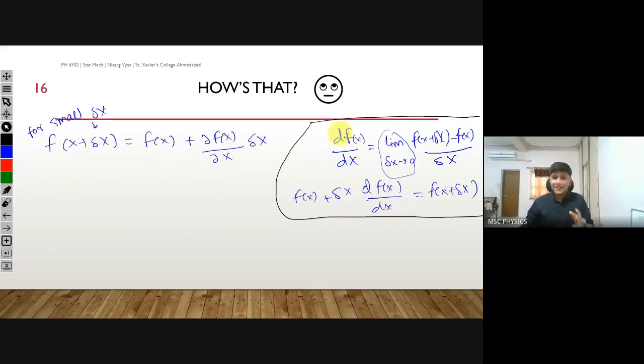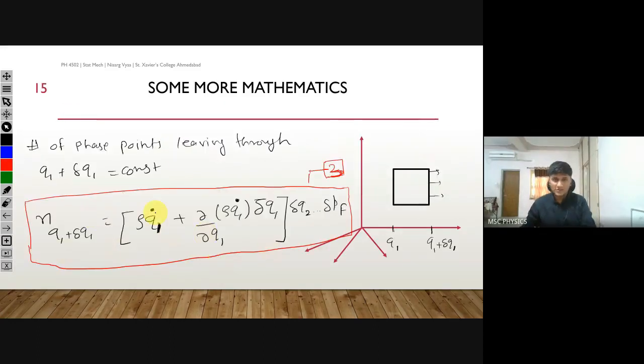But if you can see from this, it is not a Taylor series. So yes, I wanted to break that myth only because I had that myth. So I knew that many of you will have that myth. That's why I wanted to break it. Okay, this is for small delta x. You can write it like this. So what I'm talking about, how I wrote this term, that's what I was talking about.